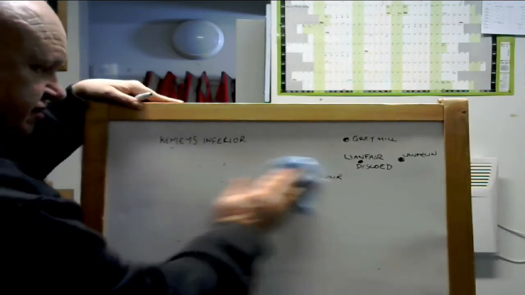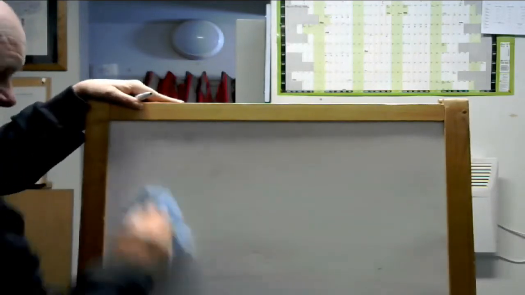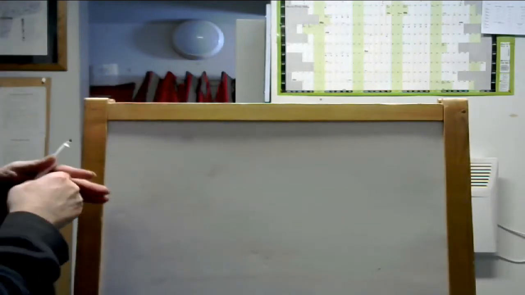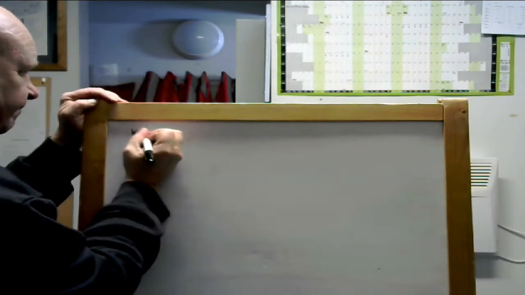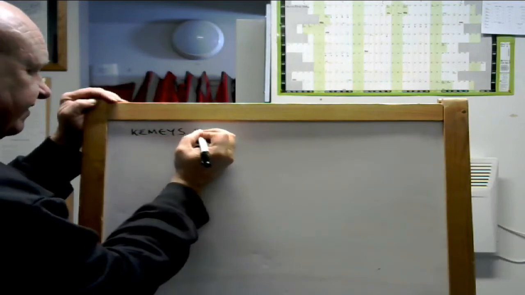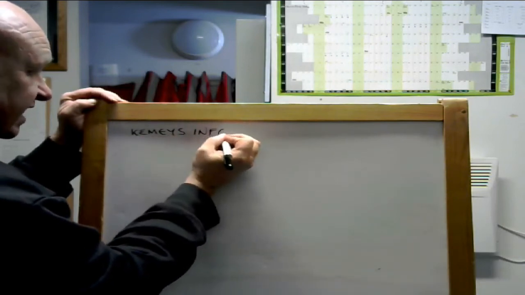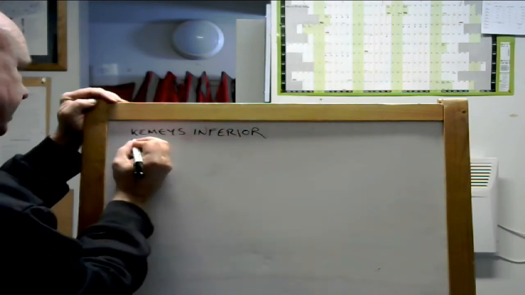Because each code has something substantial. Right, okay. So the first one I'm going to do is Chemi's Inferior. This is actually the name of the place. So first and foremost,